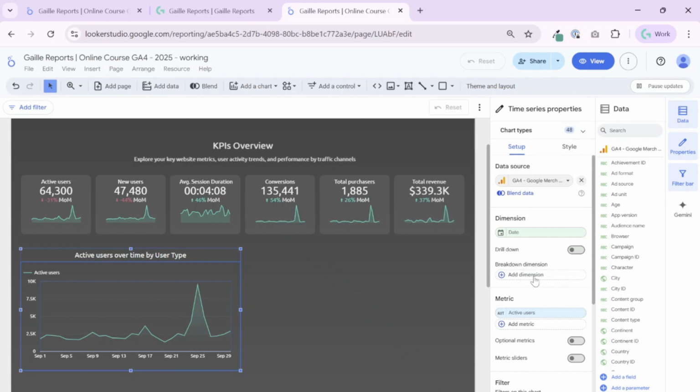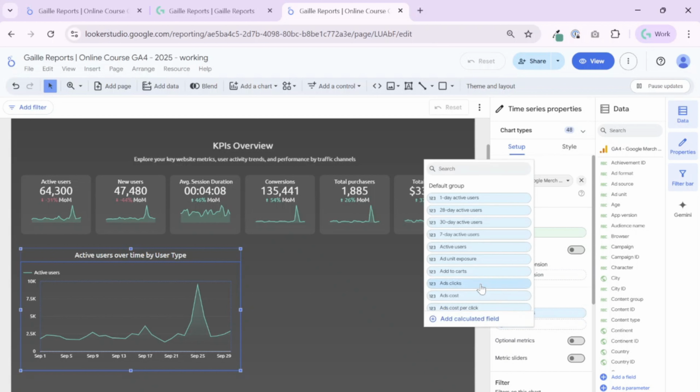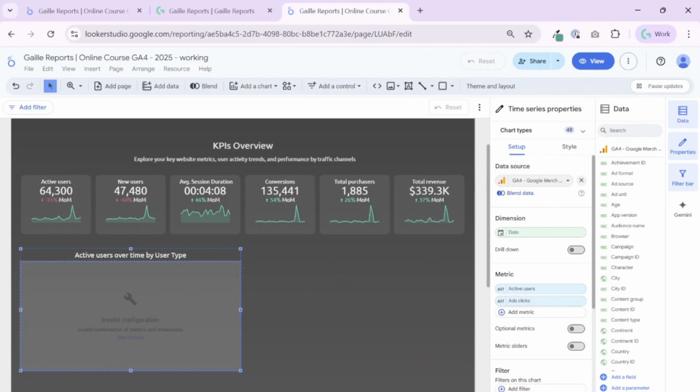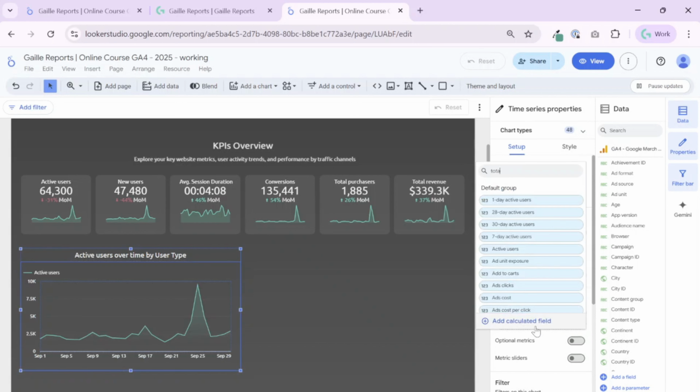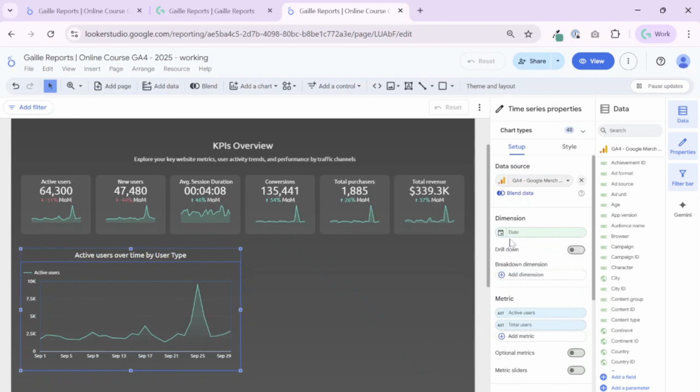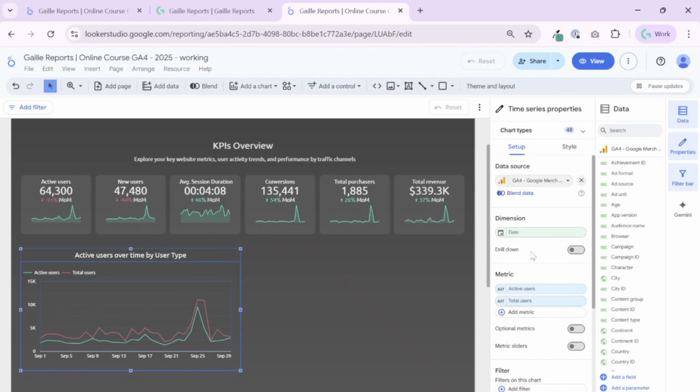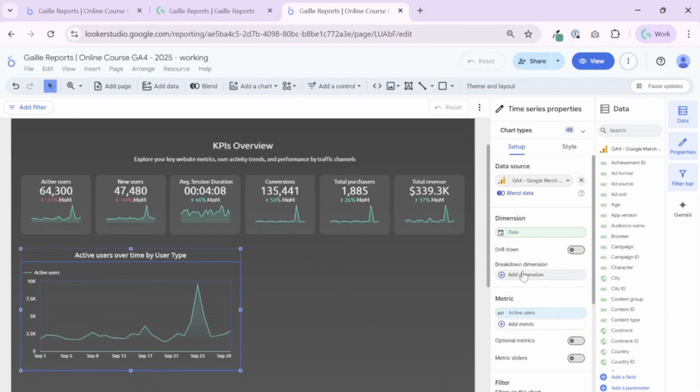Look here, look the magic. If I add another metric here, we don't have breakdown dimension. It could be total users, for example. And when we have 2 or more metrics, we don't have breakdown dimensions because we have several lines here. But if we have one metric, we can do breakdown dimension. For example,